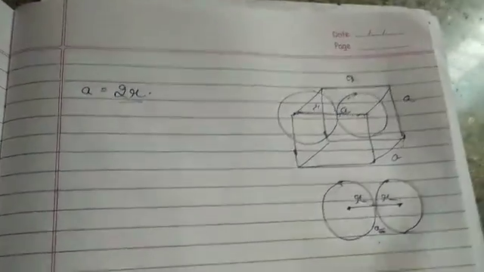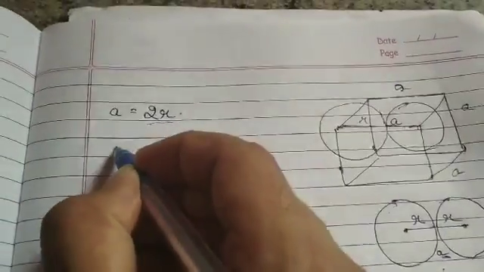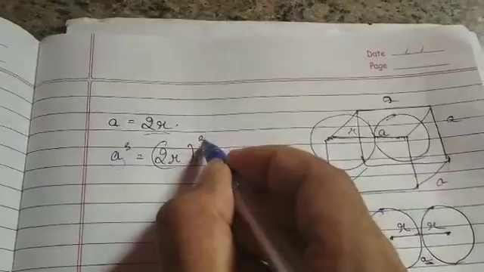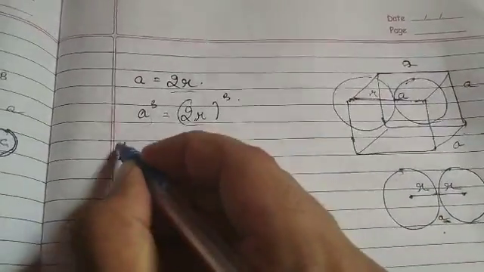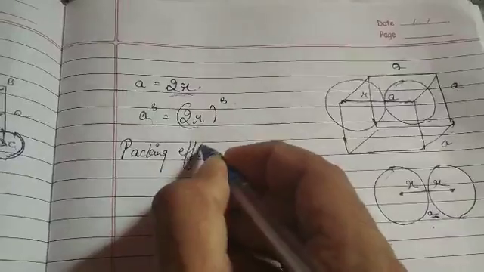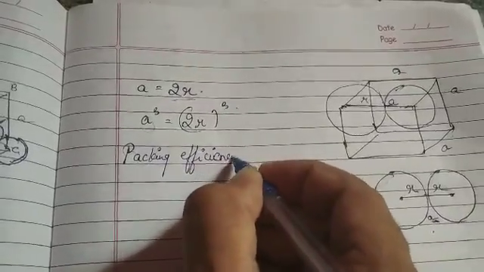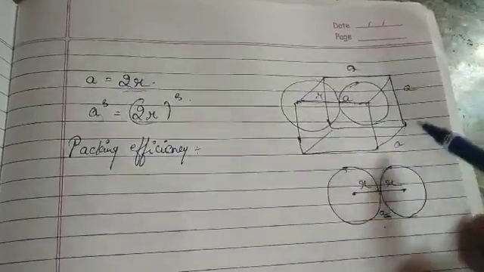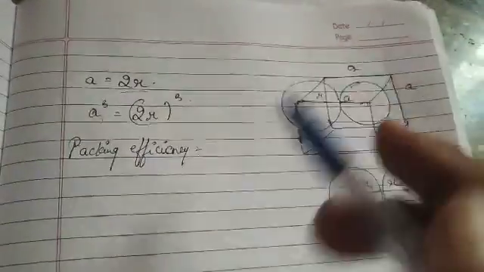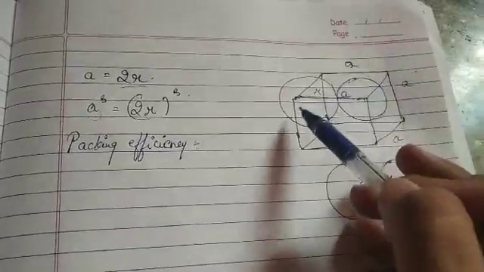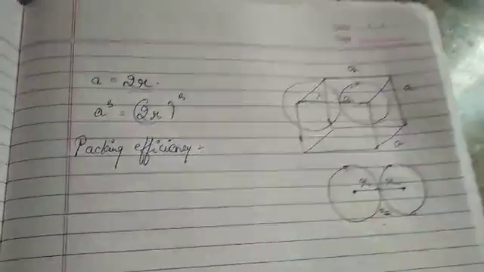Coming to the volume of the unit cell, of course it is now A cube, so that will be equal to 2R the whole cube. Then let us come to your packing efficiency. So how will you write the packing efficiency in this case? Of course, what will be the total number of atoms in a primitive unit cell or simple cubic unit cell? It is 1 itself, because from the 8 corners each is shared with 8 other unit cells. So 8 into 1 by 8 will be equal to 1.